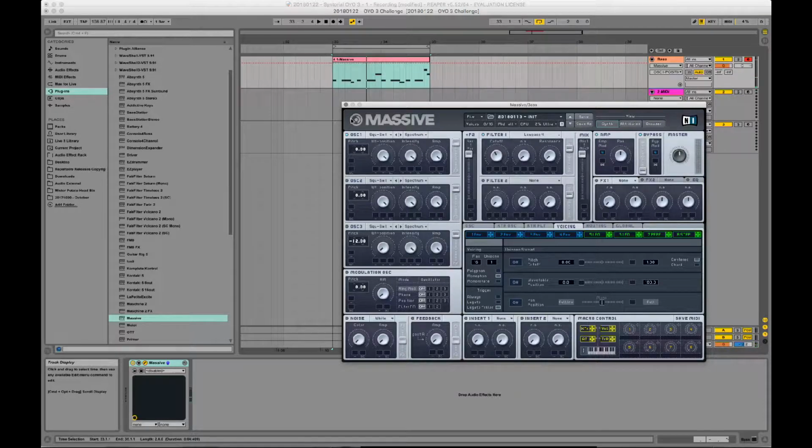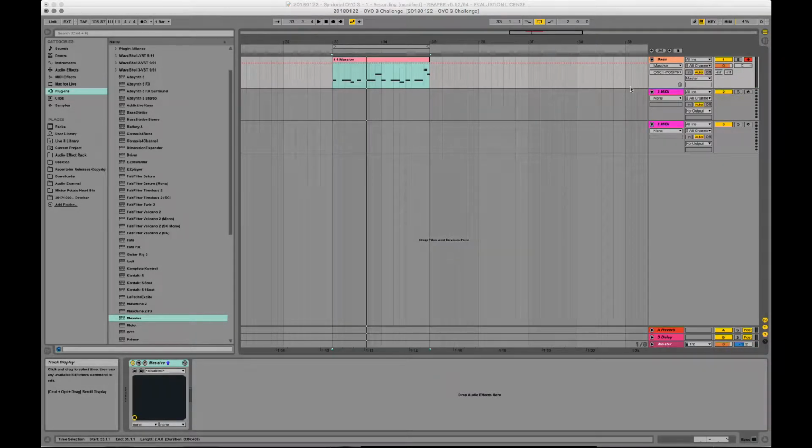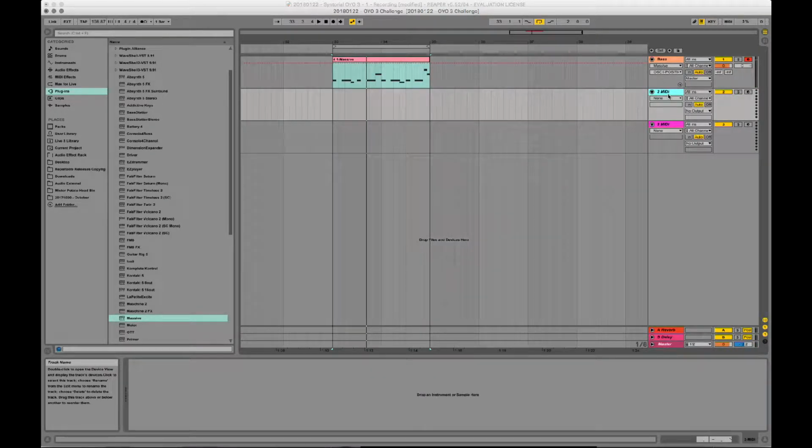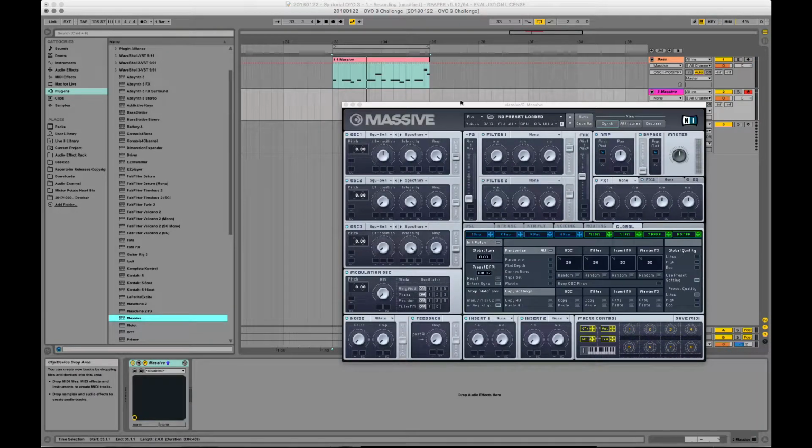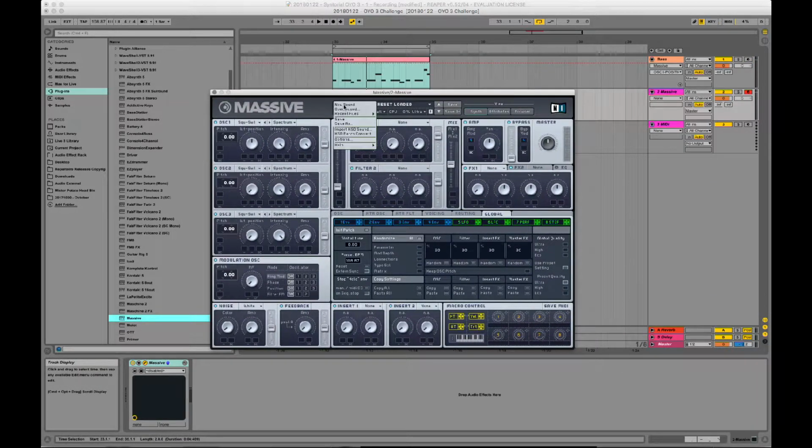Okay, hopefully you can hear me talking. I have my release a little longer. And for the lead, he wants something bright and also with a 0 attack. So I don't know what I'm going to do there, because I already made my bass kind of busy. So let's